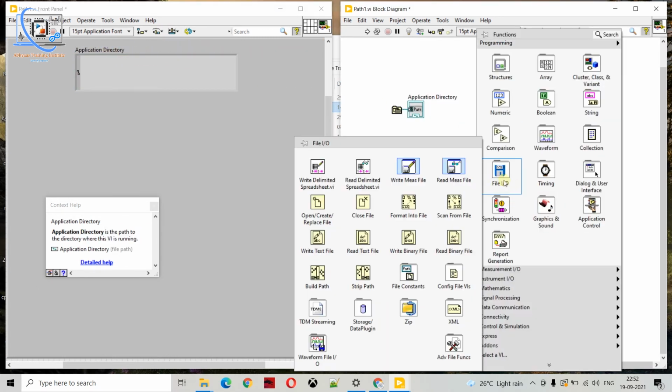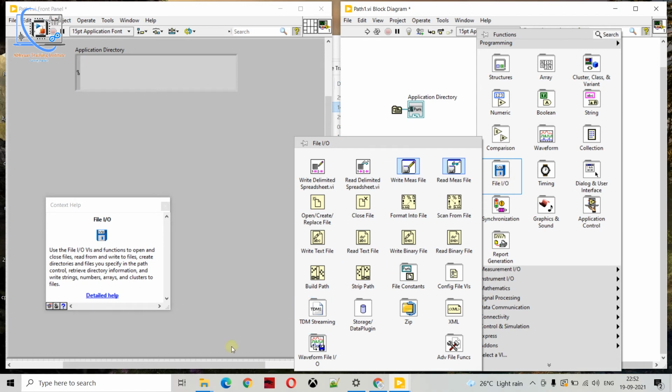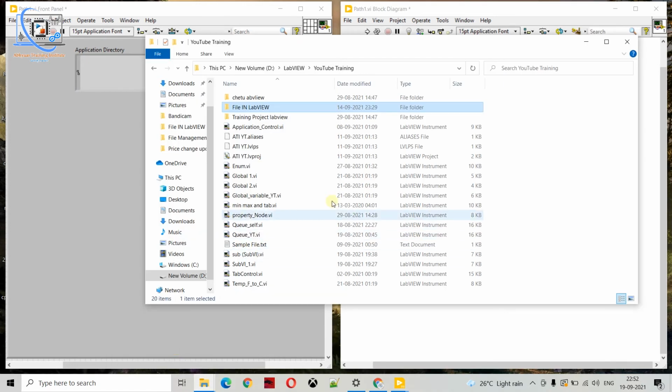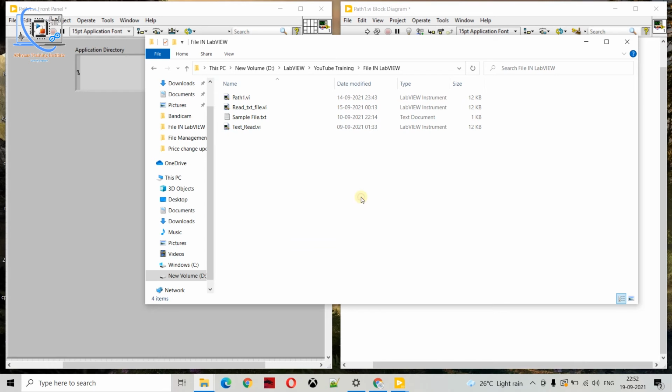Now we are in this folder, right? But now we want to create some file and save that file inside that folder. Whatever file we create, we will save here.